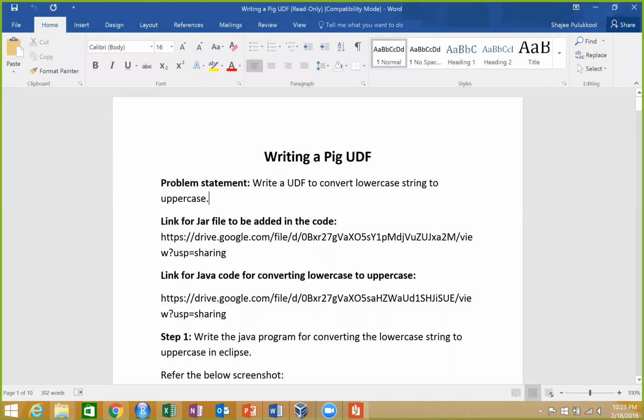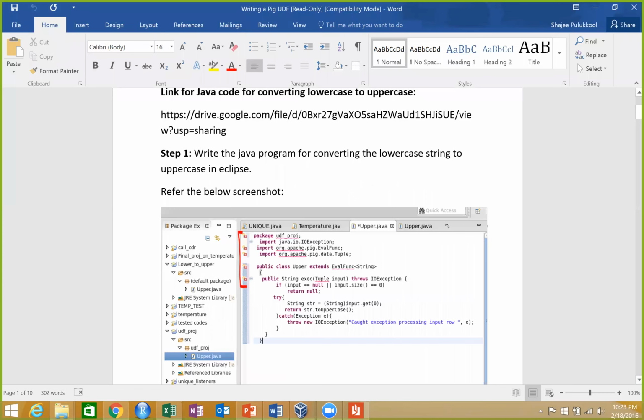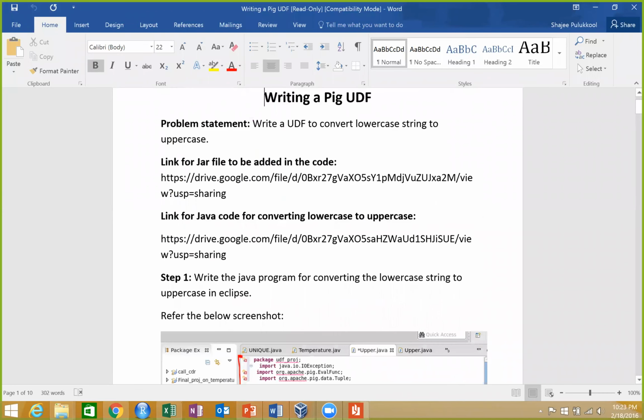And now the third one, what you have waiting, a Pig UDF. What exactly is the UDF? Does anyone know what a UDF is? Yeah, user-defined function, right? So what do I mean by a user-defined function is the first question. A user-defined function is nothing but